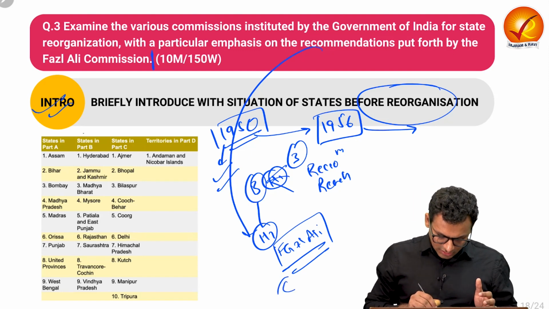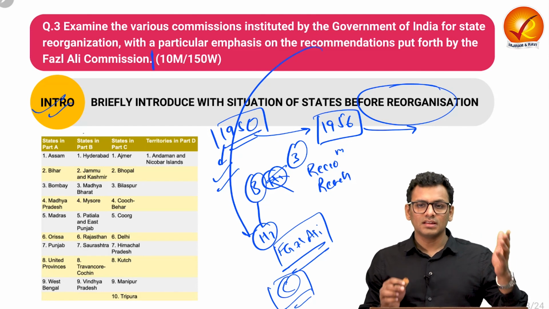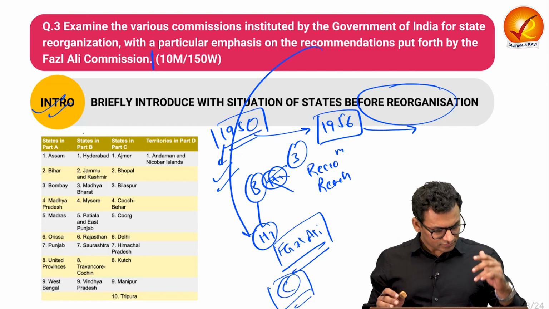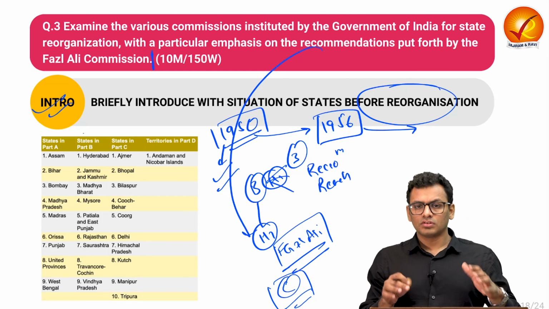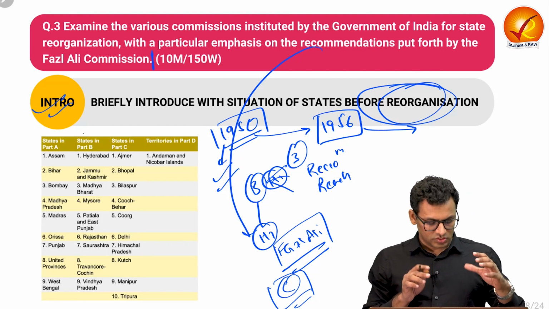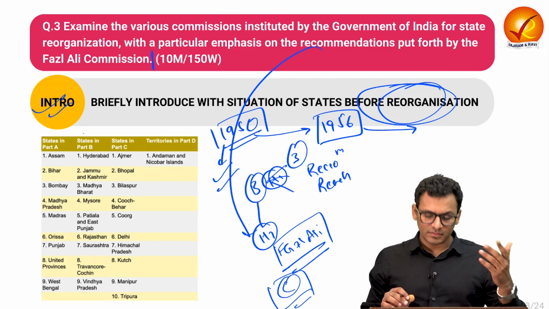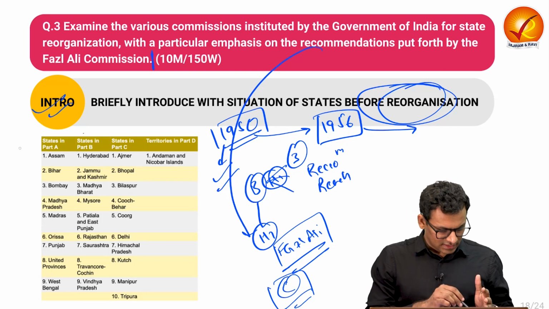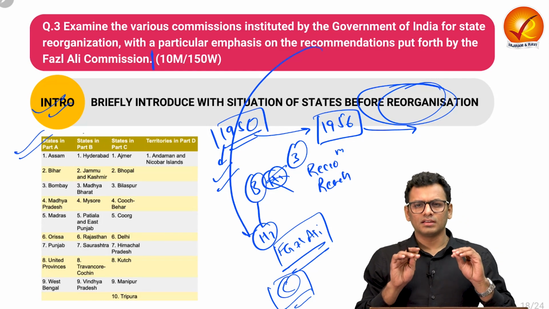state. And in the conclusion, lastly, you can talk about how the reorganization and consolidation is a continuous dynamic process. So that is all for question number 3, structuring. In the introduction, as I mentioned, we will talk about the state and how exactly the situation was before reorganization. So over here, you can talk about how the constitution provided for 4 different parts and categories of regions, and they were basically divided like this. This is something you can give out in a simple form.